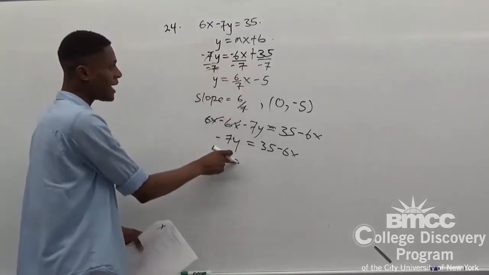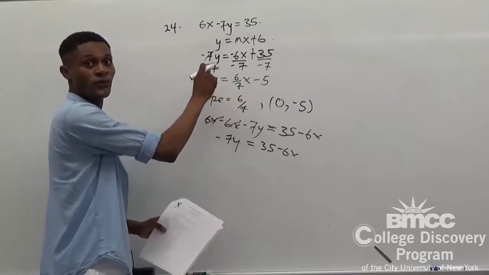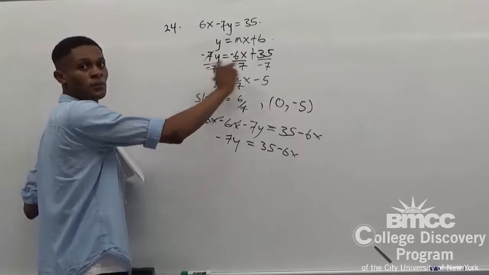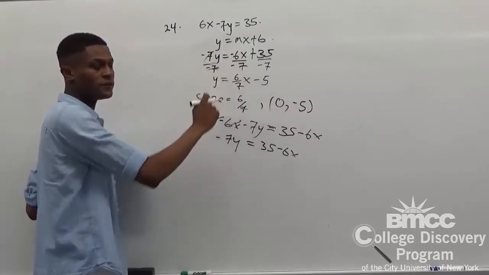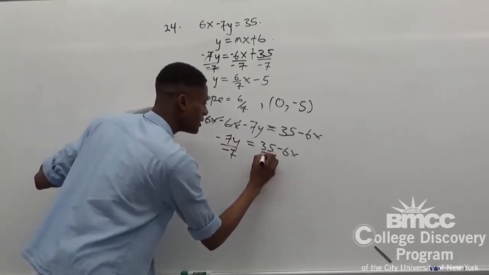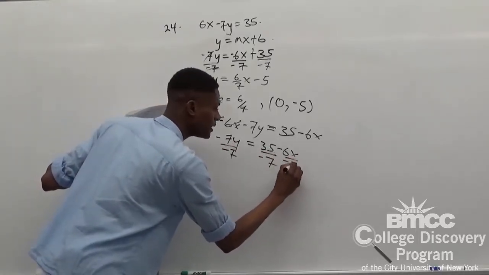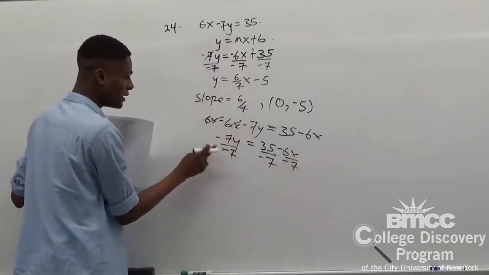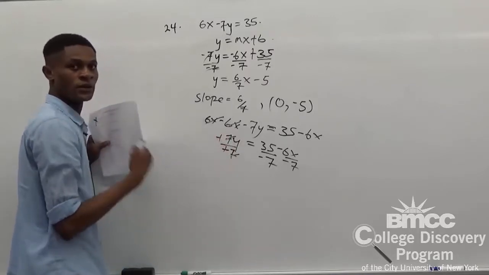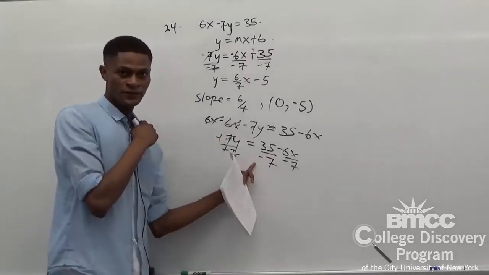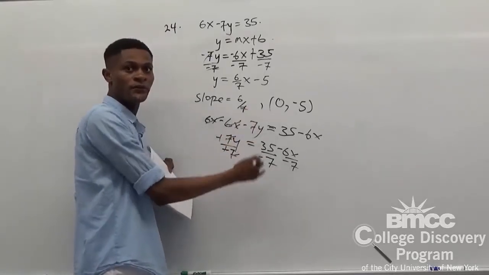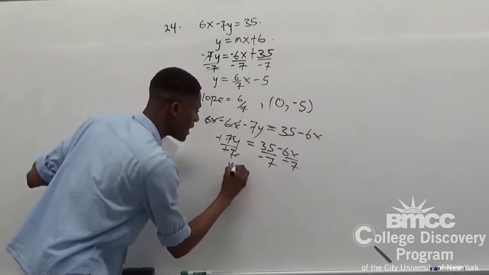And now to find the y value, the y in the straight line format, we have to divide both sides of the equation by negative 7, which gives you negative 7 divided by negative 7. And these two negatives cancel out, and the 7 cancels out. So 35 divided by negative 7 gives you negative 5, because the negative affects the 35 and the 7, which is y equals